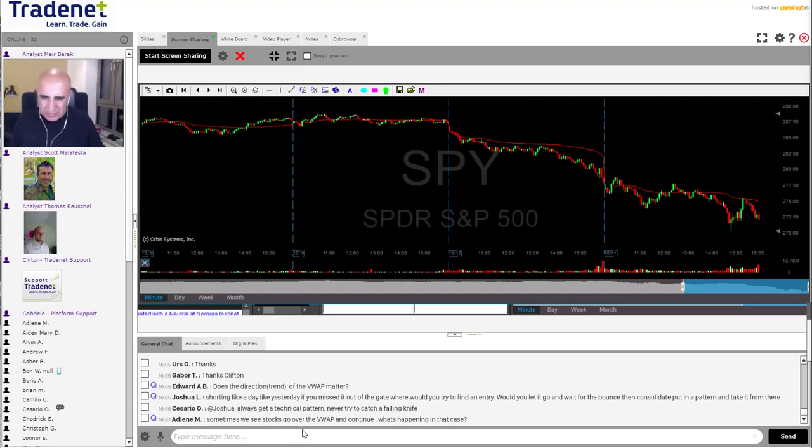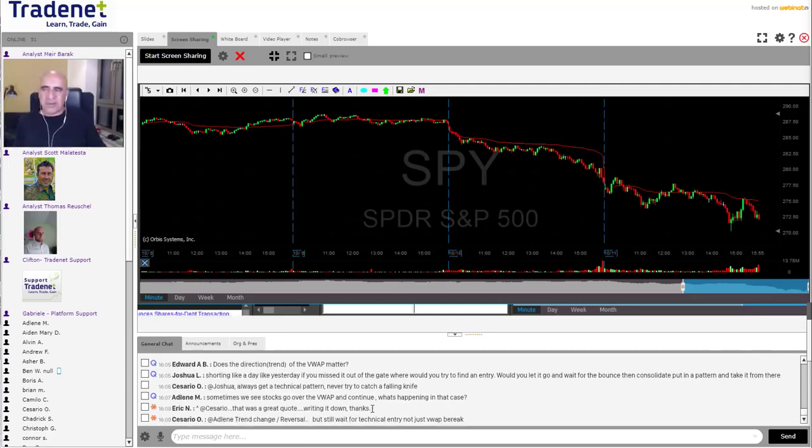Sometimes we see stock go over the VWAP and continue. What's happening in that case? Well, VWAP is a tool. When you see stock going over the VWAP, like for example here, that was lunchtime, means nothing. When you see stock moving up here, that was in order to close the gap. So again, it has nothing to do with the VWAP. But sometimes when you see the stock just going up over the VWAP and not returning to the, well,